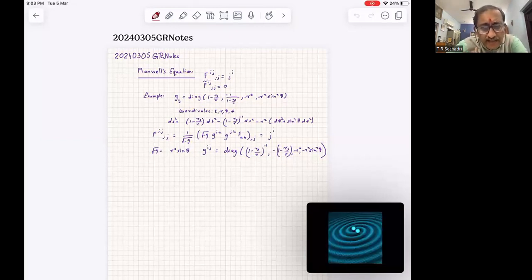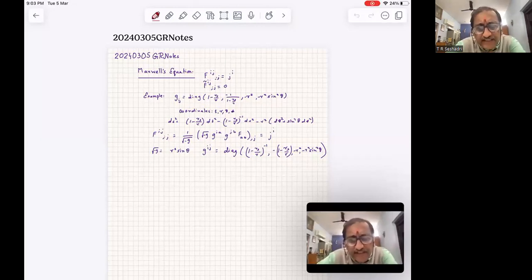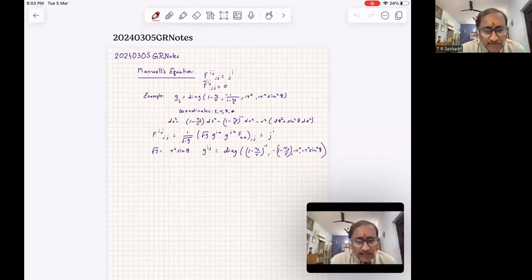Yes. And for example, suppose you take a g_{ij}, in fact, this is actually the metric tensor for a black hole. Right now I'm just taking it as a given metric. Suppose I have this, then the coordinates are t, r, theta, and phi, and the ds square is written this way. Now, F^{ij}_{;j}, since F^{ij} is an antisymmetric tensor, I had mentioned